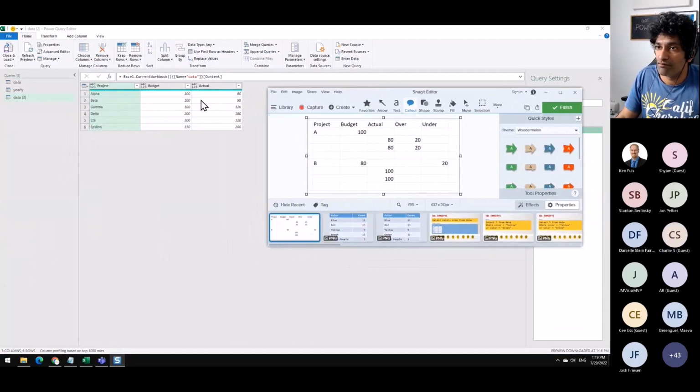So I hope you can see both of them there. This is my data and this is the format I want to go. For each project, I want to expand it down 4 rows. The 4th row is always going to be blank. Just imagine that as a box. The first row contains budget, the second row contains actual, the second column, and then the third column contains over, and the fourth column contains under information.